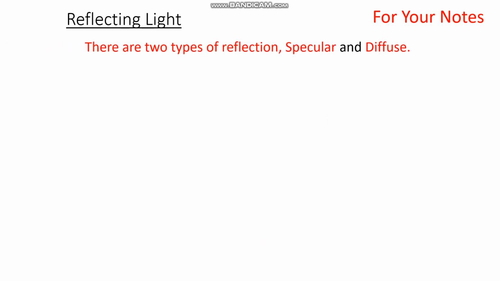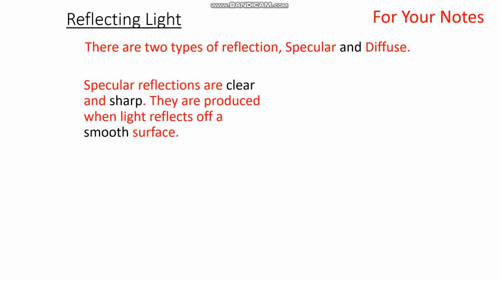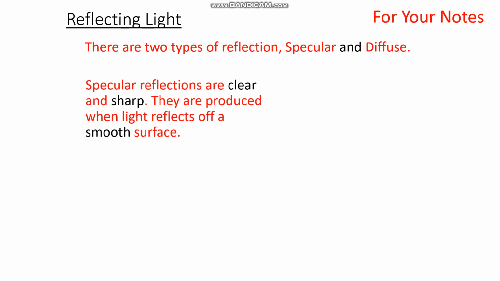Okay, new title, Reflecting Light. This is also for your notes. So we've said that light can be reflected by an object. There are then two types of reflection that can occur, specular and diffuse. Specular reflections are the type of reflections that you see in a regular mirror. The image that you get is nice and clear and sharp, and is produced because the surface of the mirror